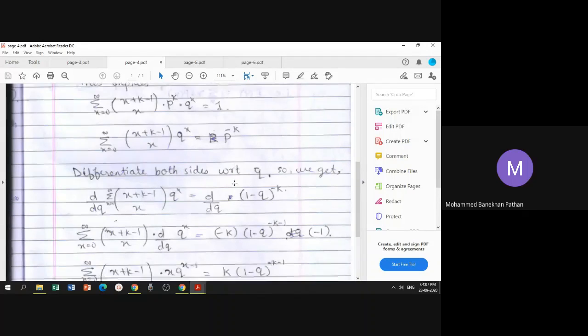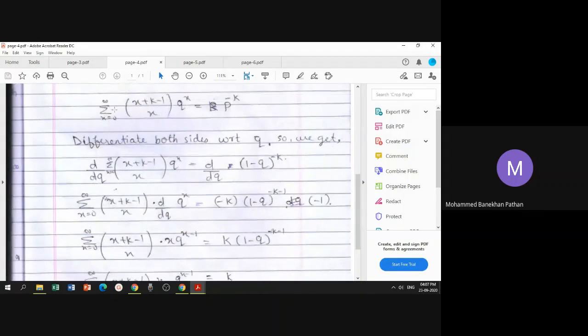So this is now my derivation to develop the mean. What is the next line? Next, for this step, I differentiate both sides with respect to q. So q is the variable for differentiation. You know, in your 12th mathematics, the differentiation symbol is d upon dq. So d upon dq of the left hand side is equal to d by dq of the right hand side.